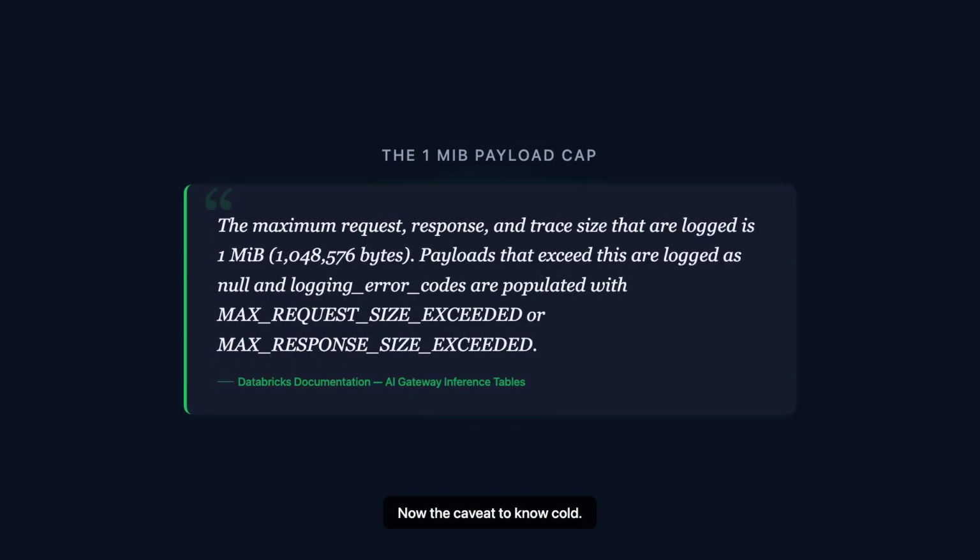Now the caveat, straight from the Databricks docs: the maximum request, response, and trace size that is logged is 1 MB. Payloads that exceed this are logged as null, and logging_error_codes are populated with max_request_size_exceeded, or the matching response code. That's a real limit. If a payload is over a megabyte, the row still lands, but the request and response